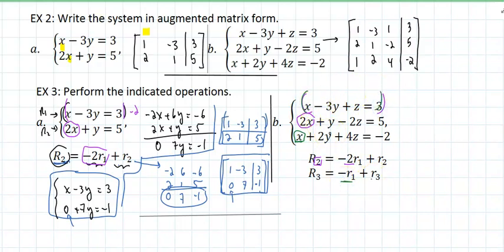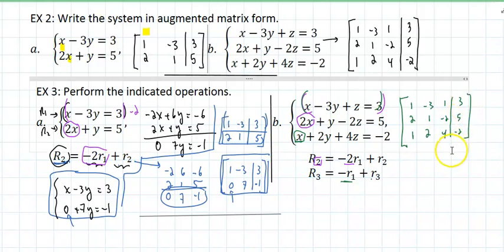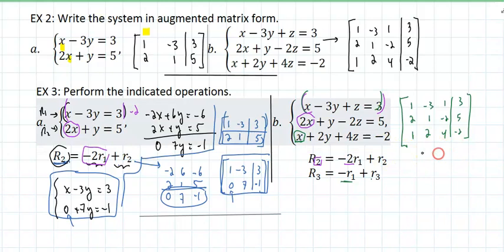Well, for now, you just have to follow, but they don't like the x's and the y's. They like us to use augmented matrix form. Augmented matrix form looks like this. So we have quite a bit of terms to worry about, and let's get that out of the way. Meaning,